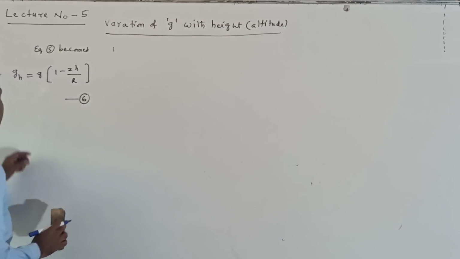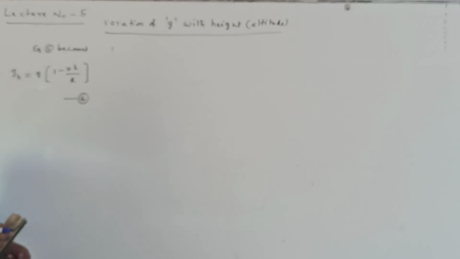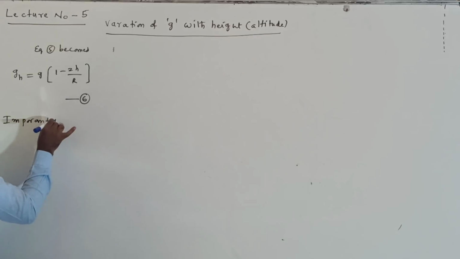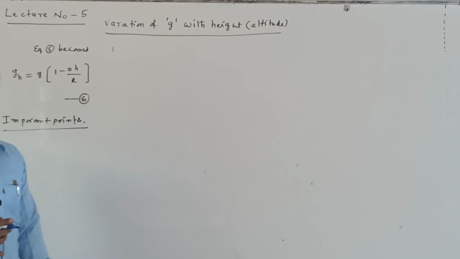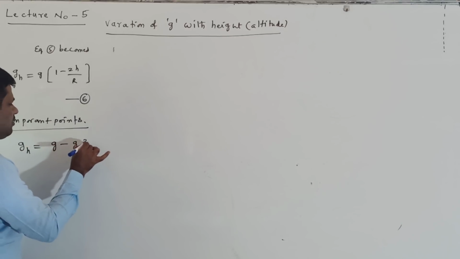Okay, right, now g_h is equal to g into (1 minus 2h by R), which means as h is increasing, the g_h value is decreasing. Now some important points for the competitive examinations. What are the important points from this that I want to discuss here? g_h is equal to, here multiply with g into 2h by R,